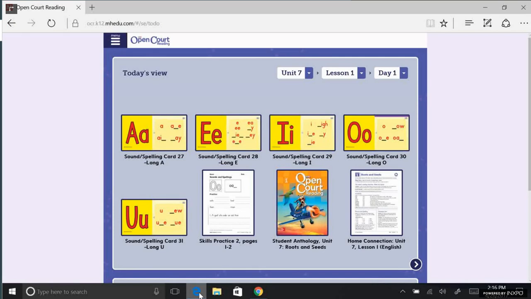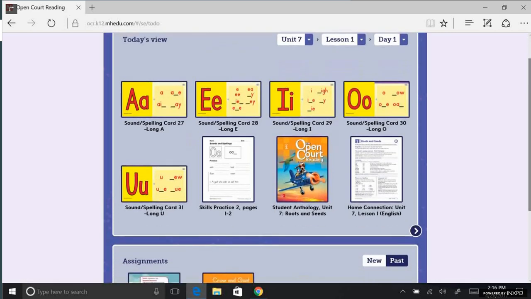Now, this is a student page that I logged in as Ed Christensen. When the page pops up, we have today's view of the same days that I had in my teacher edition, but there's a variety of things students can do. One of the pieces that I'd like to point out is